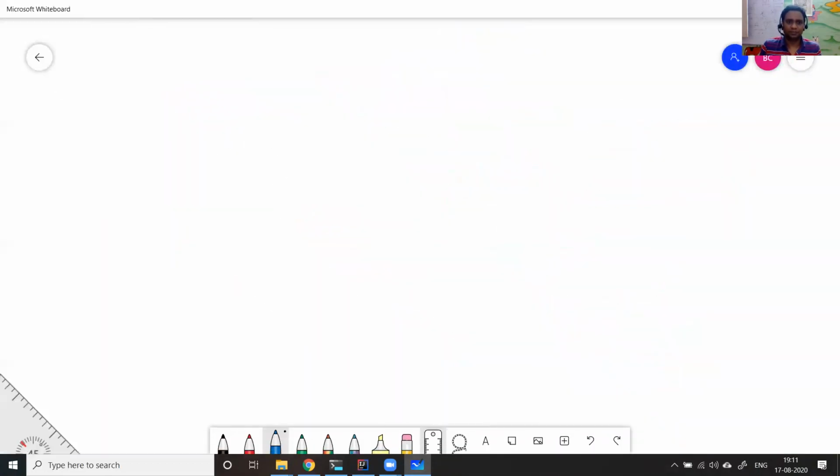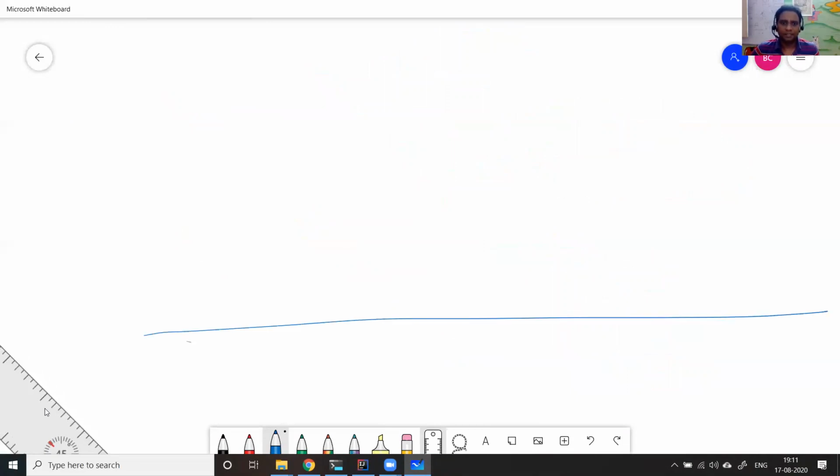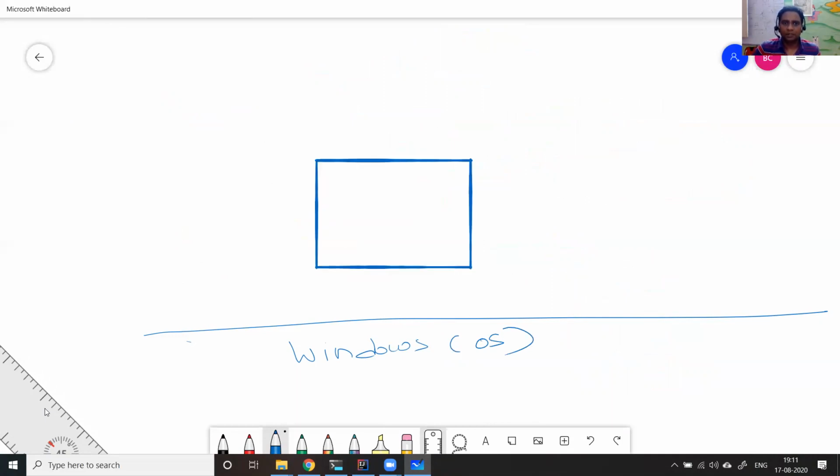So here what I have is a base Windows OS. Here I'm running two things. Here I have what I call a gateway or reverse proxy, which is nothing but a Netty web server running on port 8080.